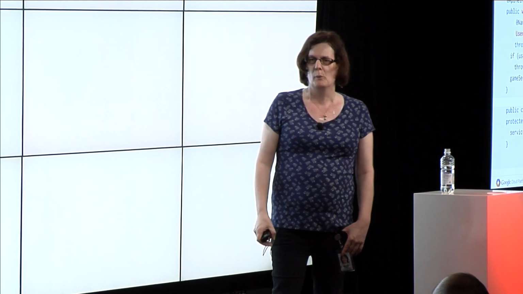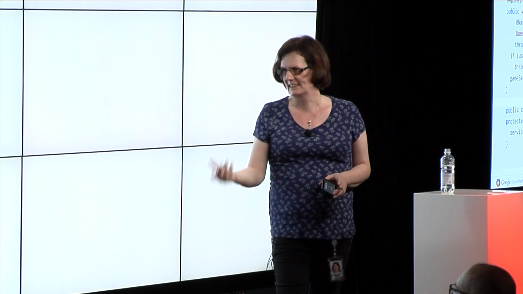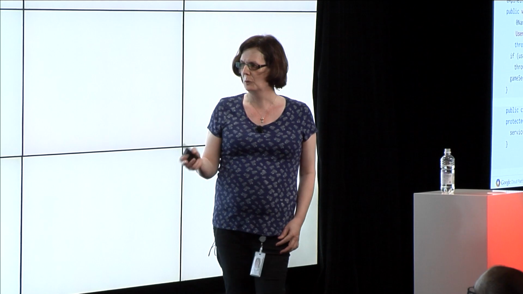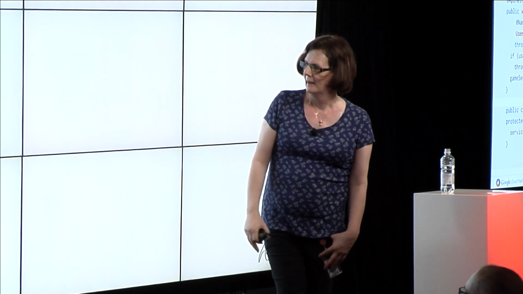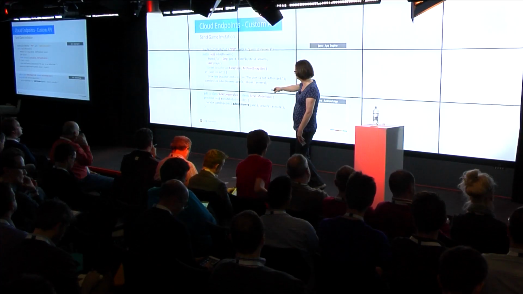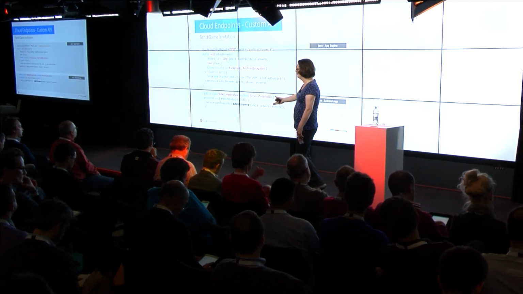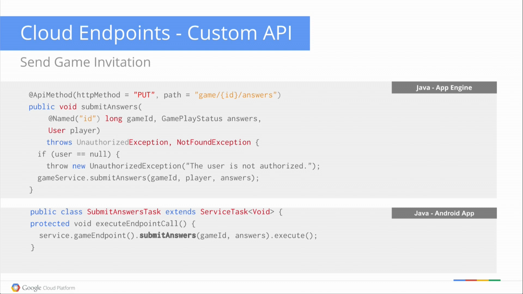When it comes to actually calling this method from within an Android application, we would build a client library from this code. It's very easy to do. There's tooling, as I say. In Android Studio, you can just say build Cloud Endpoints client library. Same thing with Eclipse. And once you have that, you can build your application around that client library. Effectively, what you would do is you'd call service.gameEndpoint. That would give you the endpoint itself that you can consume within the application, and then you would call submitAnswers on that. So service.gameEndpoint effectively represents the stubbed out client library, which will make the calls to the API.